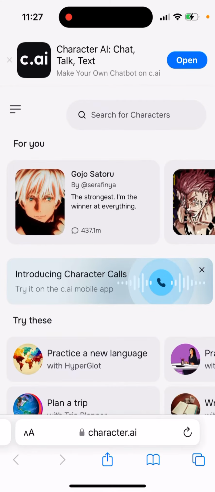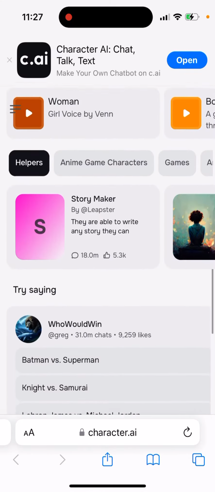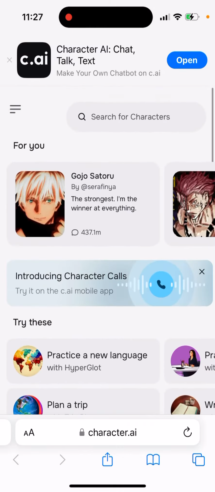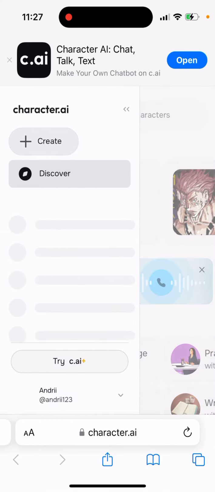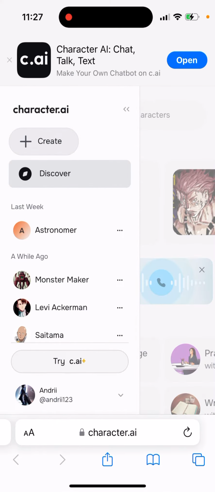Character.ai old version. So here's how to get it. At least it's possible now. So you need to go to your browser, either Safari or Chrome, and you need to go to Character.ai in your browser. So just tap in there, and then basically